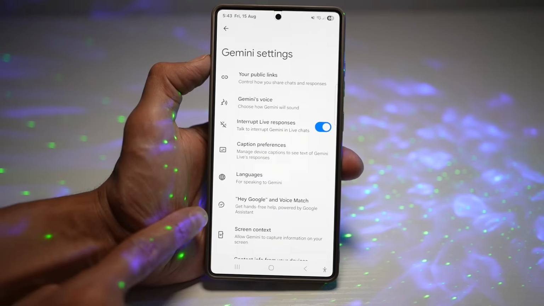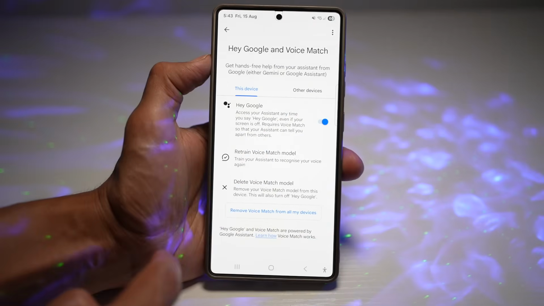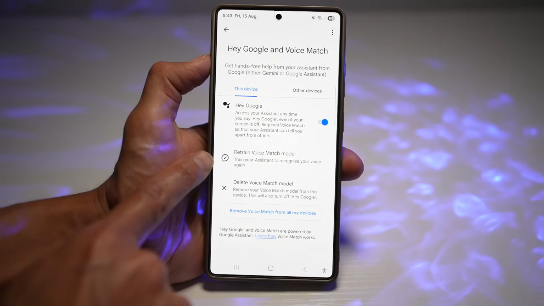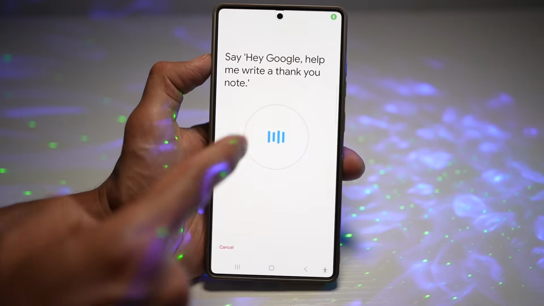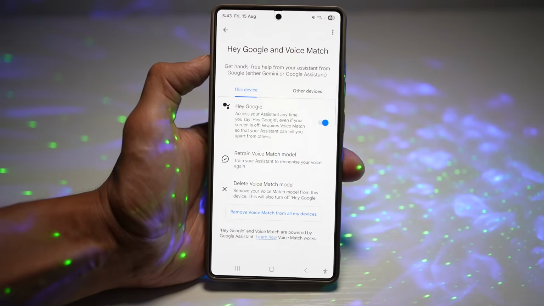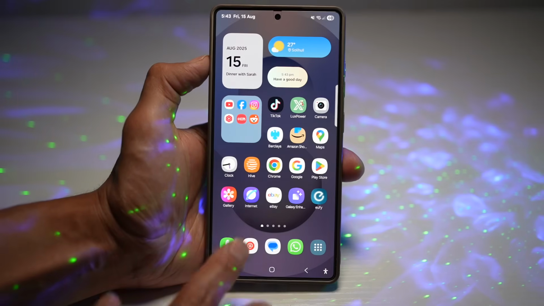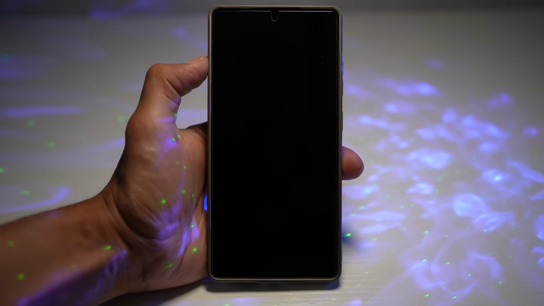In Gemini settings, you want to find hey Google and voice match. Tap on this and turn this feature on. You can go ahead and train your voice to match the model. So it basically recognizes your voice. So you need to go ahead and go through this motion in order to train it. I've already done that. Now I can go and press home. I'll go ahead and lock my phone. And now I can go ahead and say, hey Google,